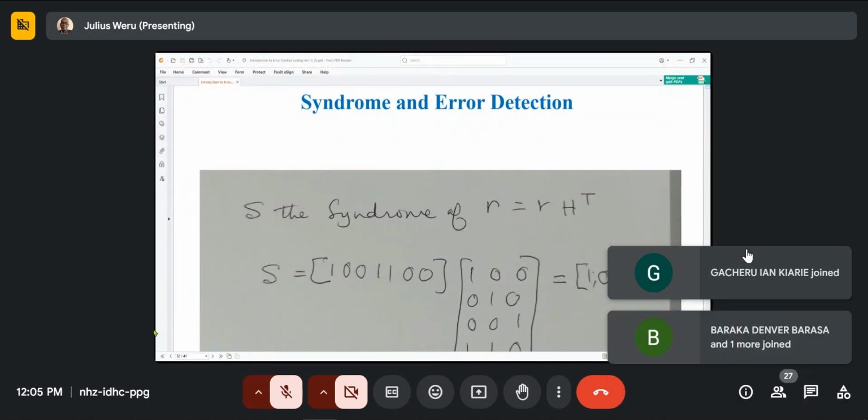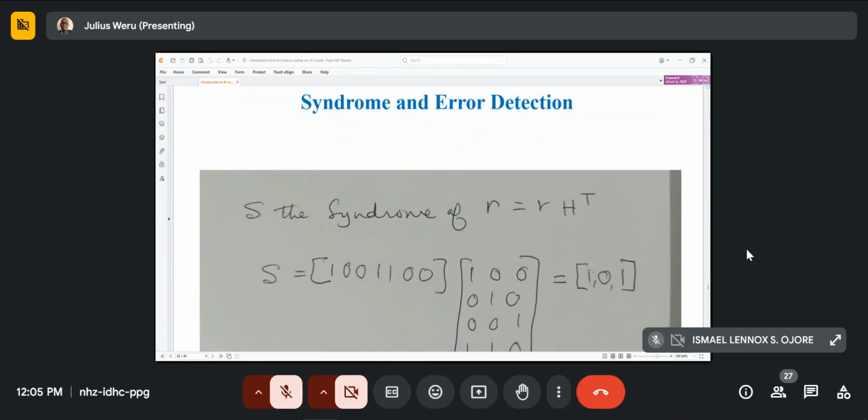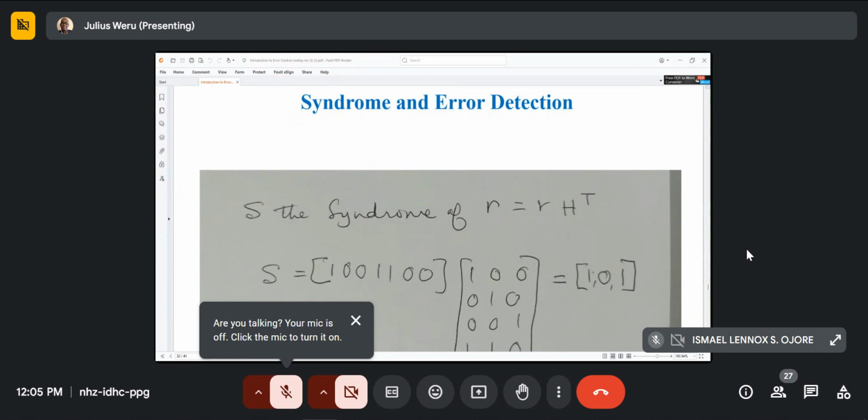We are hoping to finish this topic. The topic will be error control, so that by tomorrow we can start looking at convolutional codes, and after that we can look at some